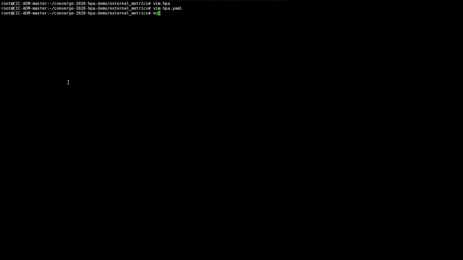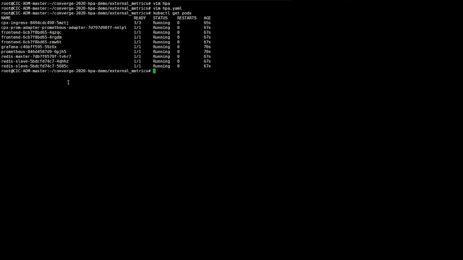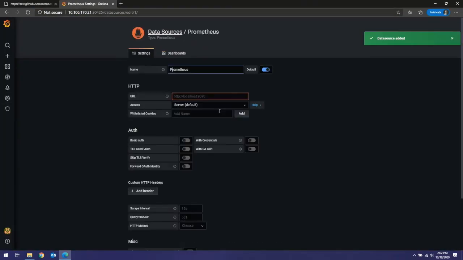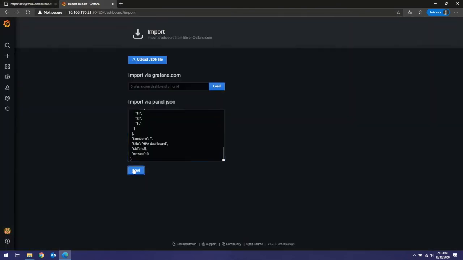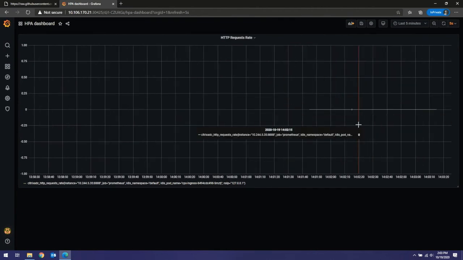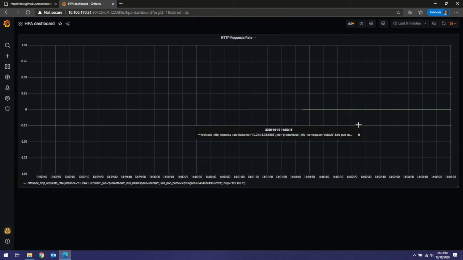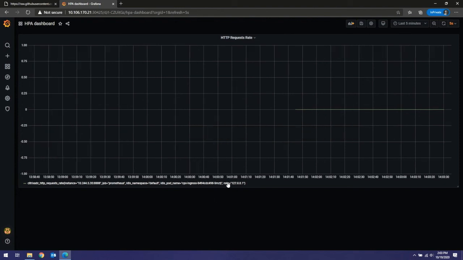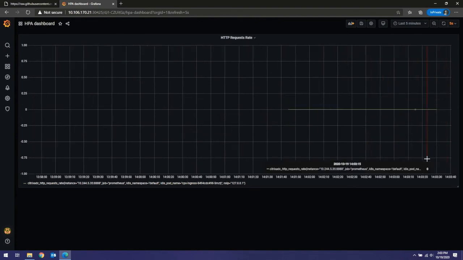All right. Again, we have the Grafana dashboard, and all the pods should be running now. Yes, as we can see, all the pods are now running. Let's go and set up the Grafana dashboard. This is the port. Okay, we have imported the same dashboard from the previous custom metric demo. But this time we won't see any increase in the number of CPX ingress pods. The CPX ingress pods will remain the same, but we can see the traffic here increase and decrease.